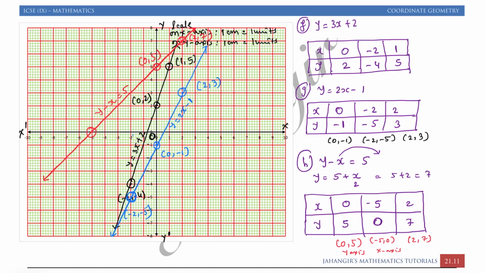In this way you can draw different linear equation graphs. Hope the concept is clear. From main question number 1, you won't get a single equation as a different question. You will get one question in which you have at least 2 or 3 equations.